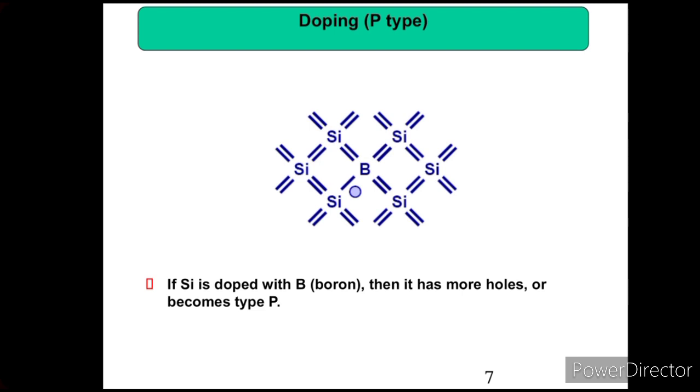When we dope the boron atom into the silicon material, the silicon's 4 outermost electrons and boron's 3 outermost electrons form covalent bonds. But the neighbor silicon atom has 1 electron free. These electrons can be absorbed by the holes, and these holes can change position in the material, because the majority carriers are holes in the P-type semiconductor material.